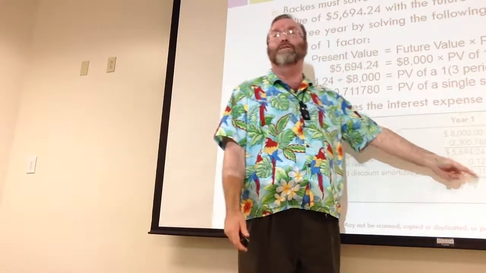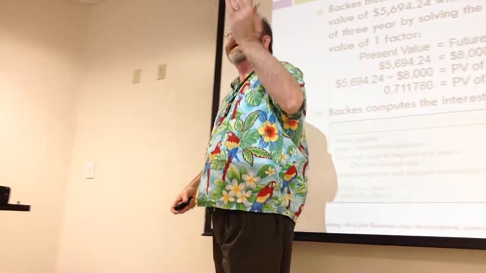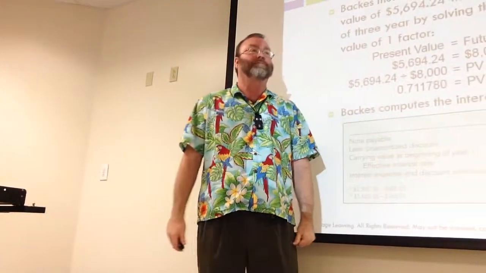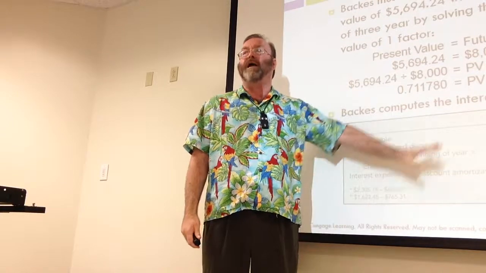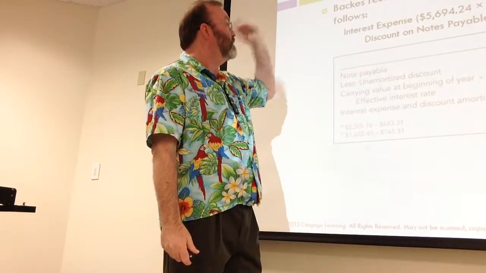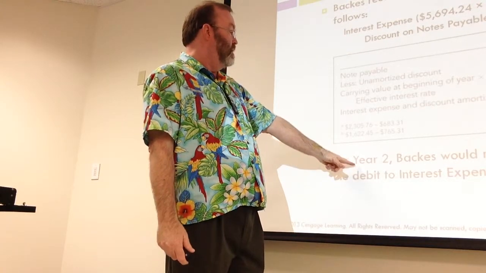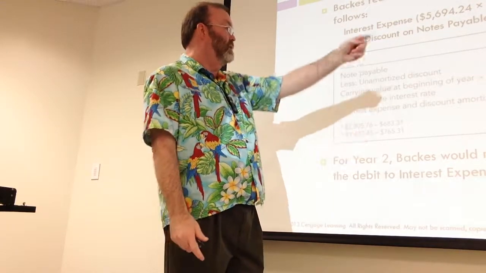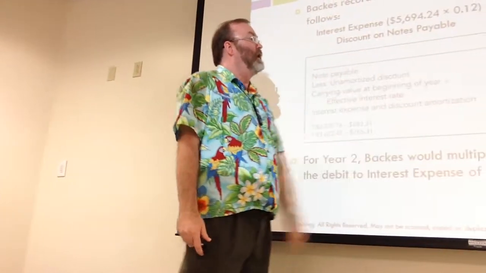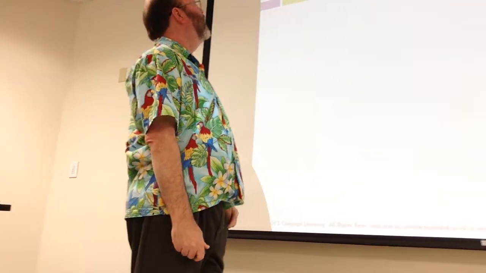So you would probably do this monthly. Just like depreciation, we've always been calculating it annually, but in reality you do it monthly. Okay? We're good on this one? So there's your interest expense, and then your new book value is the increase because you've whittled away a piece of that discount.